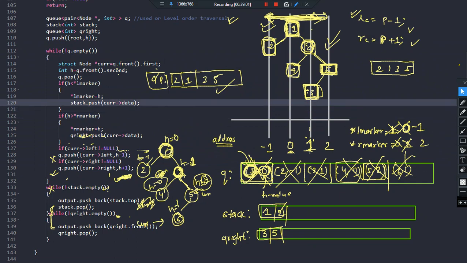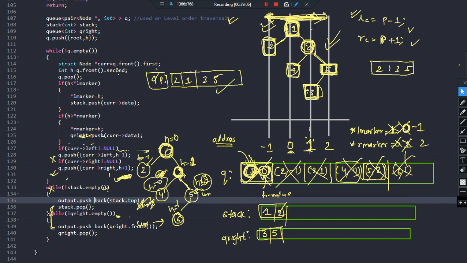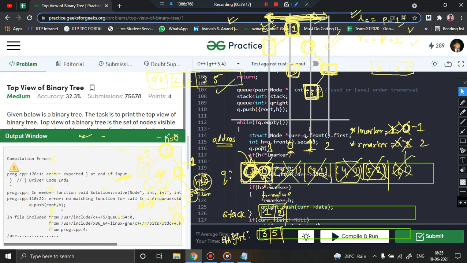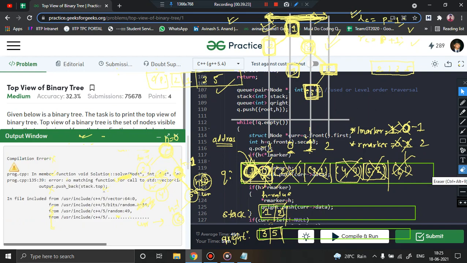Okay, q dot push, just see. Yeah, here you see we have to close the bracket because we are pushing in pairs. Here also we should put them in curly brackets. Fine, it's working fine now. Let us see. Compile the code. Let me erase the whole screen. Okay, stack dot top, line number 135.